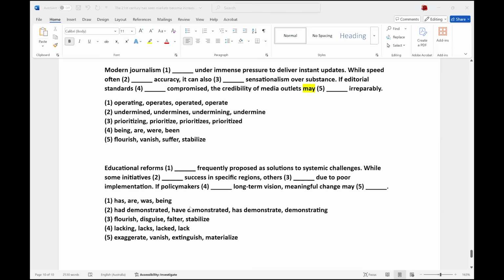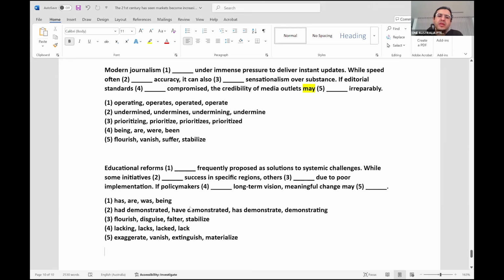For extinguish, it should have happened before: the flame of the candle should have existed before, and then it switched off, then extinguish. Whereas for vanish, it's like this never happened. Due to poor implementation at the beginning, it should have vanished. So which is the correct one according to you? Vanish. If policymakers lack long-term vision, meaningful change may